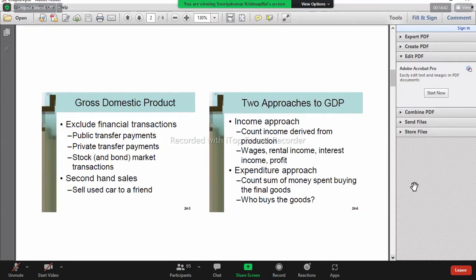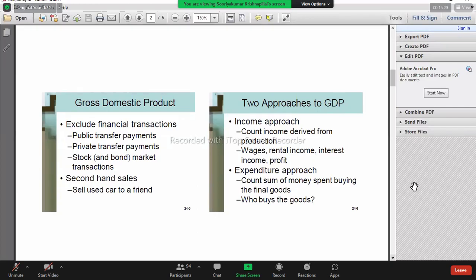But when the company issues stock for the first time, they borrow money from you through that share. That is for production. But after they issue the share, people buy and sell between themselves. Then that money is not going to the company for production, so that is also not considered in the GDP.